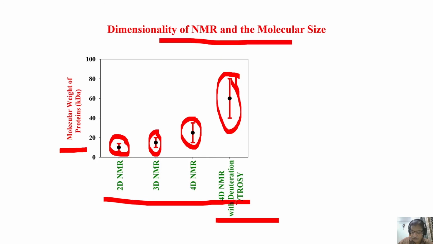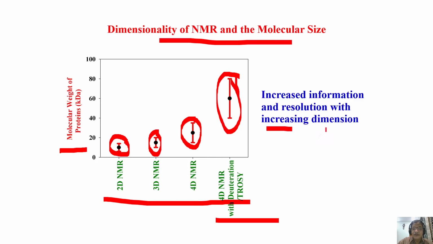Increased information and resolution will be there with increased dimension. From here to here, if I come, I get better information, better resolution. Here to here, even better. Dimensionality has to be chosen based on the size of the molecule, the molecular weight. As you go from one dimension to the next higher dimension, you have more information and more resolution. But of course, you pay a penalty. You take more time. Instrument time goes exponentially. All these factors you have to decide before